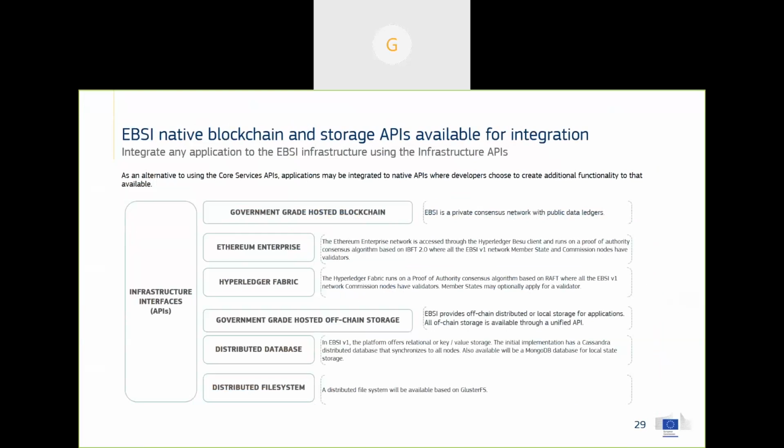So the Ethereum enterprise interfaces, which are exposed through the Hyperledger Besu client, give you access to the blockchain, which is run on a proof of authority consensus algorithm based on IBFT2 and will be developed from there under the technical governance program